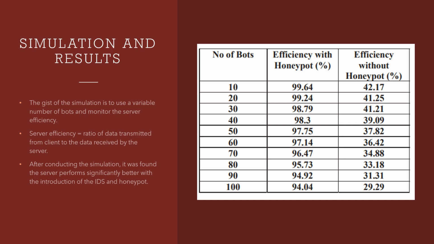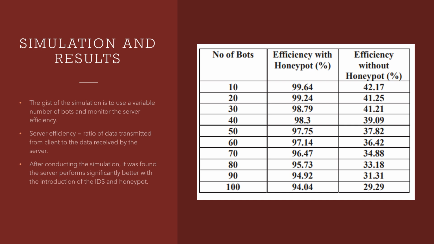So when this was simulated, the people who wrote the article used a variable number of bots, and they also monitored the server efficiency. The server efficiency is the ratio of the data transmitted from the client to the data received by the server. So basically just, is all the data that you are sending to the server being received by the server? And so after conducting their simulation, as you can see in the table,